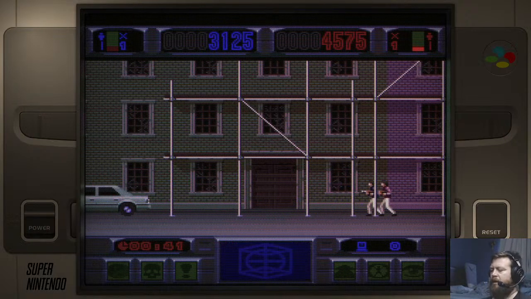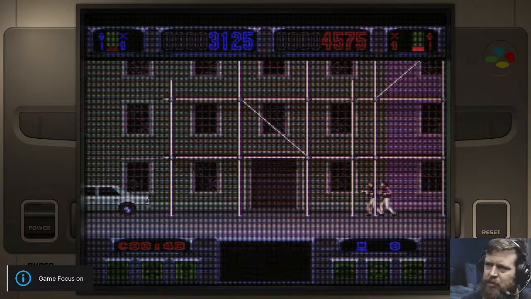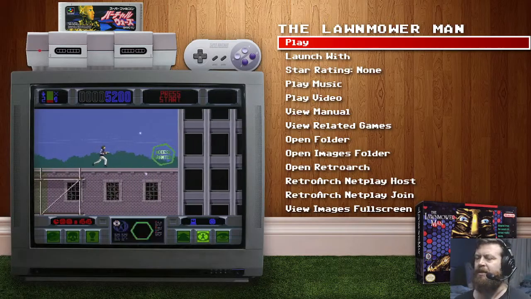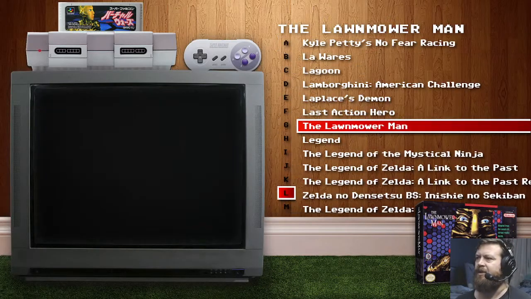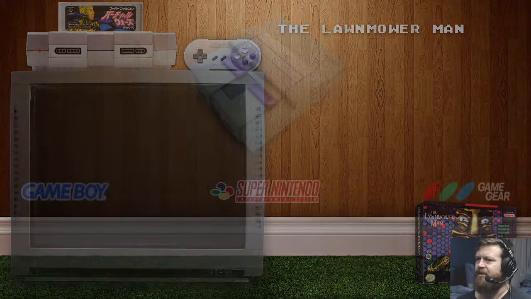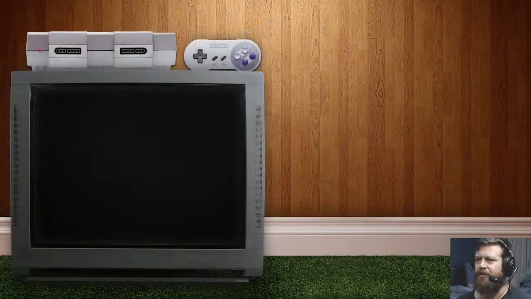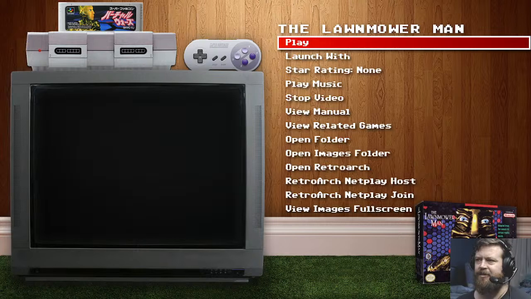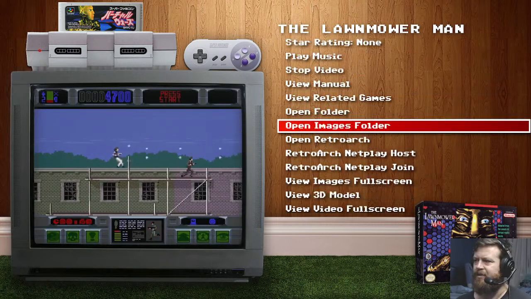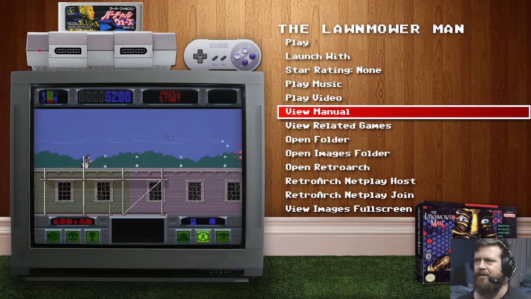And then you played through these bits to get to the virtual reality sections, which were all in mode 7. Access denied. Access denied. Not the manual. Shit. Come on.